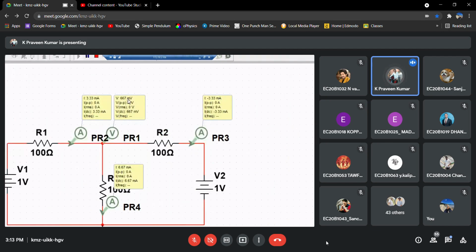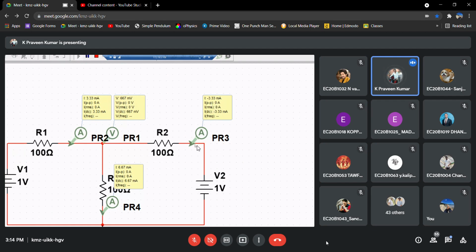the node voltage is 667 millivolts, and the current through the R1 resistor, meaning branch 1 current, is 3.33, and the current through the R2 resistor is also 3.33, and the current through the R3 resistor is 6.67 milliamps. And one more thing, if I measure this current through this probe, it is showing minus 3.33.